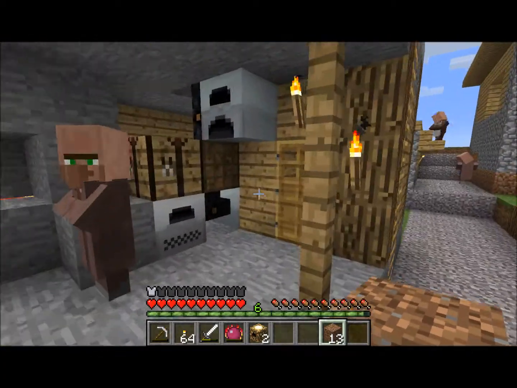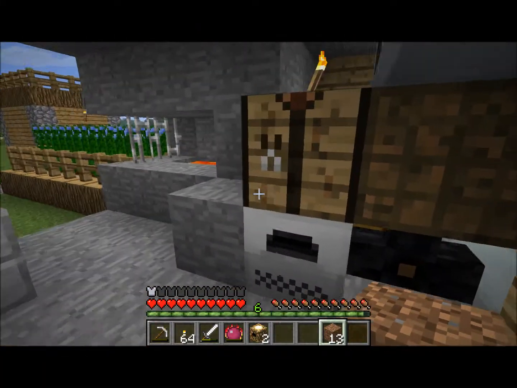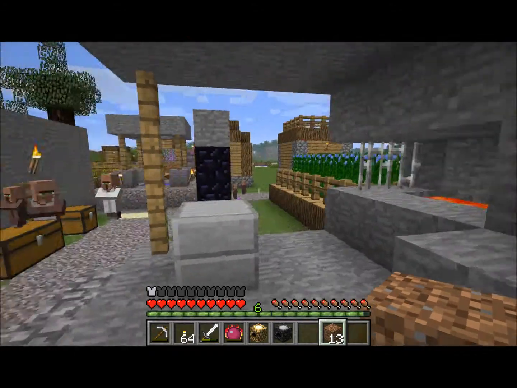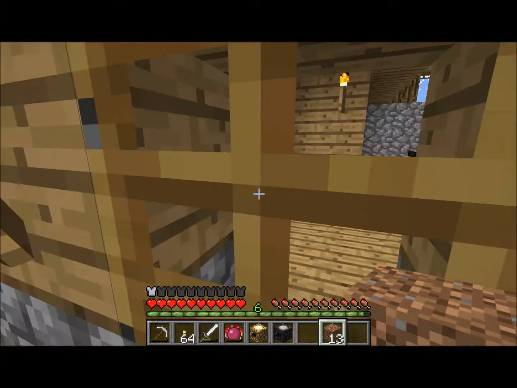Next up, I need to run over here. And I need to grab this, and I need to grab 4 of these. Next up, I'm going to take this buddy right here. I'm going to convert him up immediately into... Oh, what is it? Oh, right. That goes there, this goes there, and that goes like that. This is the antimatter relay. The antimatter relay is incredibly awesome. It will convert the energy that the collector builds and turns it into EMC that can be used for more than just...